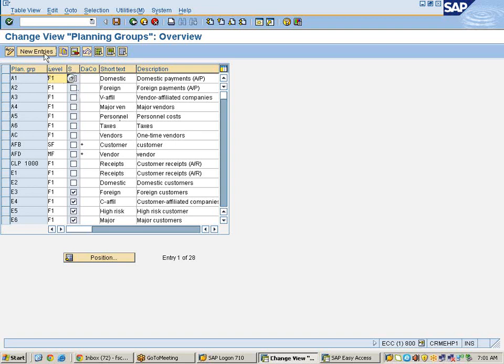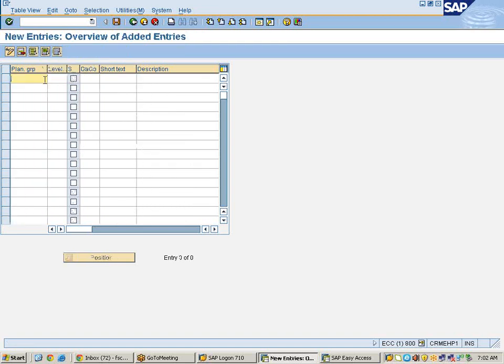In the planning groups, what you want to do is, if you want to combine all related accounts, such as let us say in vendor accounts we have domestic payments, foreign payments. If you want to group both the things in one place, you can group it with planning group. Otherwise, if you want to divide it with different groups also, you can divide it. So let us go to new entries. We will implement some planning level. This planning group is only applicable to vendor account and sales account, not for bank account.